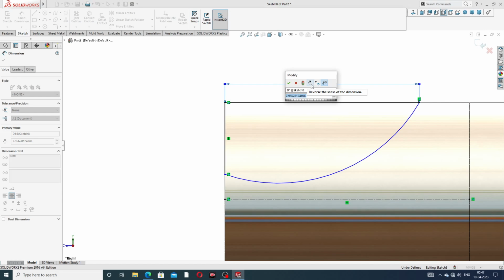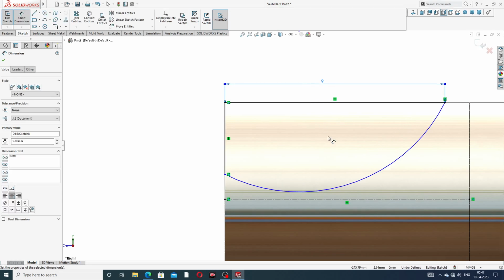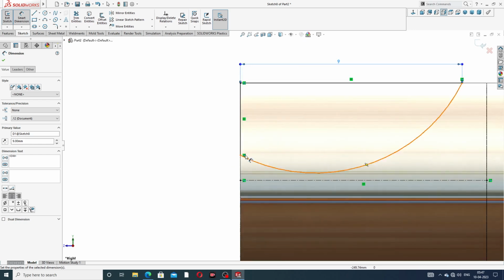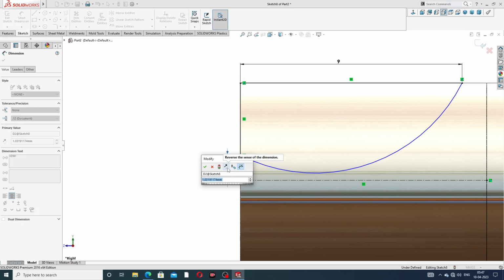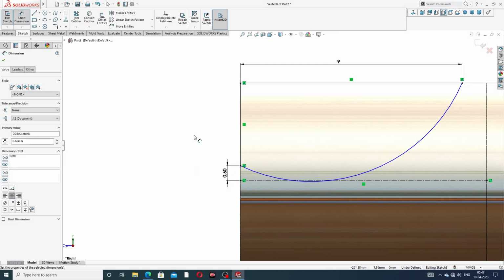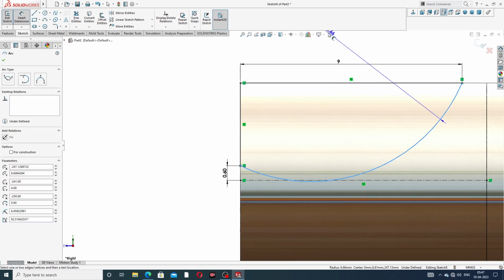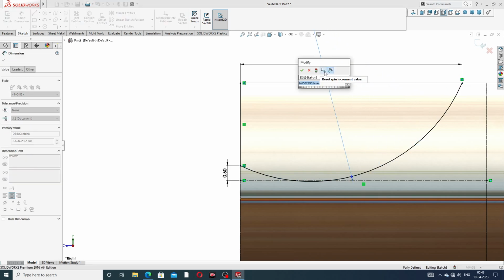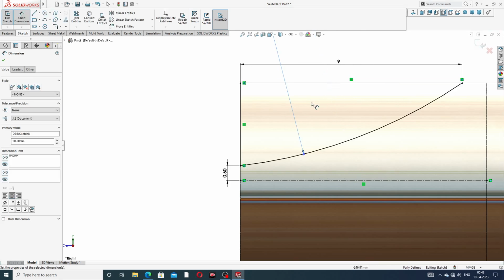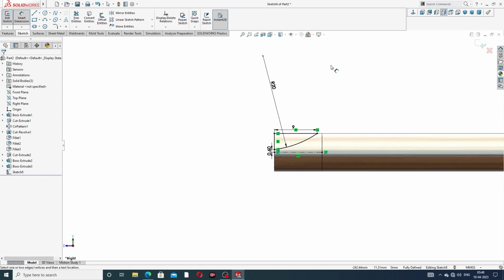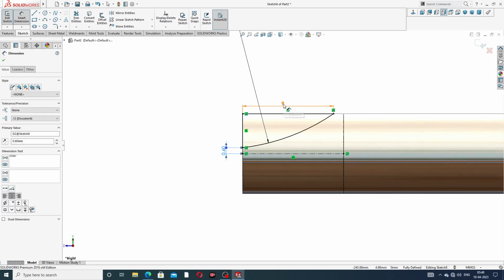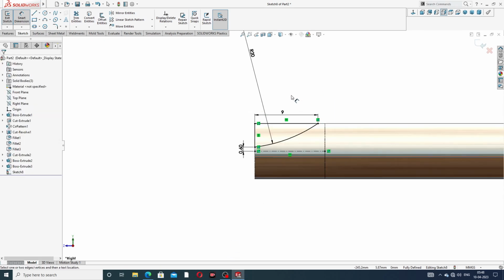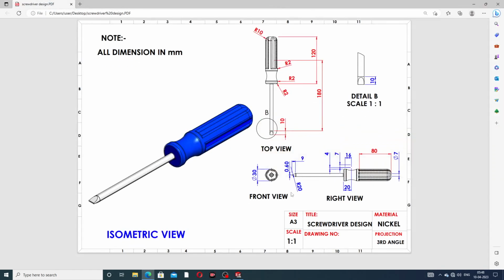This dimension is 9 millimeter, and from this point to this point is 0.6 millimeter. Okay, and this curve radius is 20 millimeter, which is perfect. Okay, and this is fully defined. All dimensions are correct, and it is fully defined, using this 0.6 millimeter and 9 millimeter